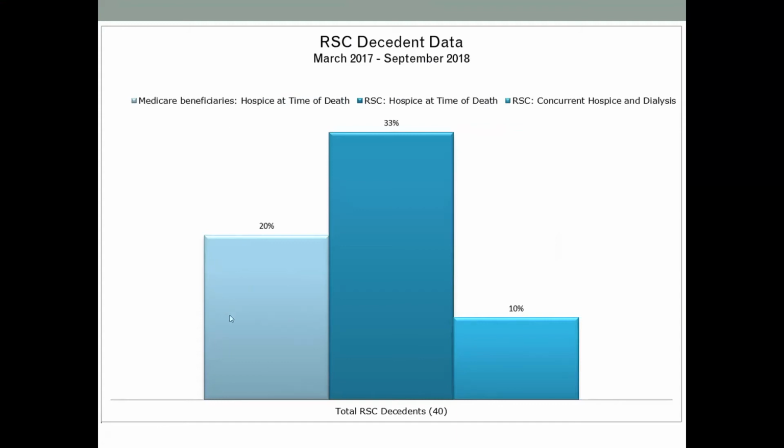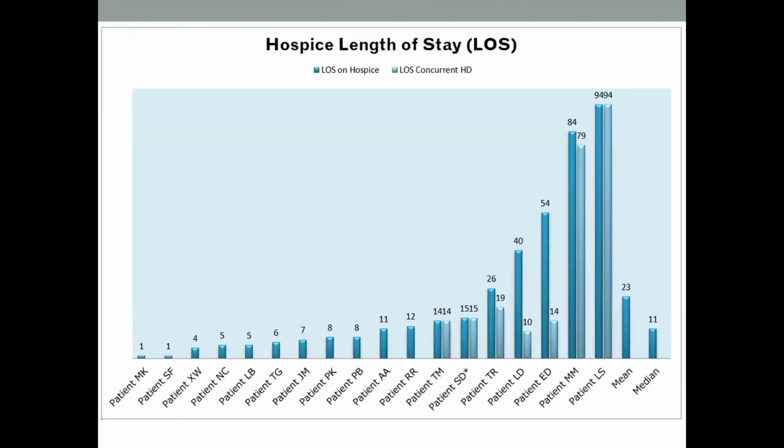And so 20% of dialysis patients receive hospice at the end of life. And of course, there are policy barriers that make this more challenging, which is why I think that we're not seeing more robust hospice utilization. And even with our team, we're able to increase it. Washington State has a much lower hospice utilization than the national average. We don't know the exact numbers for dialysis patients, but it certainly would be less than 20%. And we were able to increase this to 33, 35-ish% for our patients. And of those, about 10% are receiving concurrent hospice and dialysis.